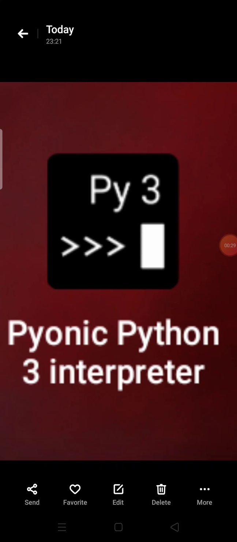You have to download it from the Play Store. Go to the Play Store and download the Bionic Python 3 interpreter to run your Python coding in the interactive mode. Now we are going to see a sample of how to run the Python code using the interactive mode using this particular app.